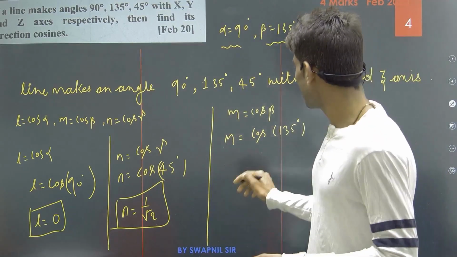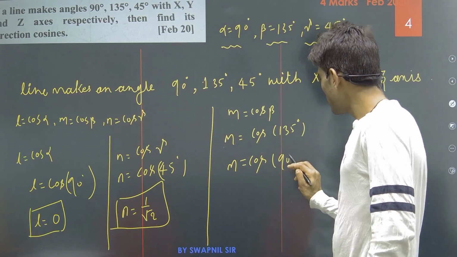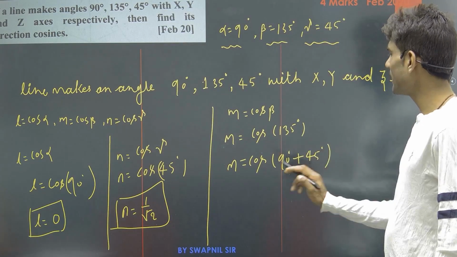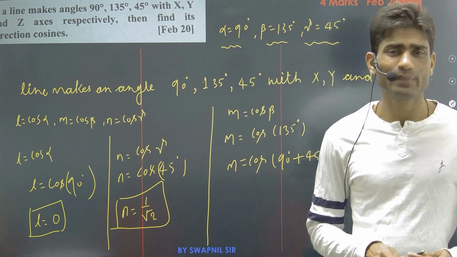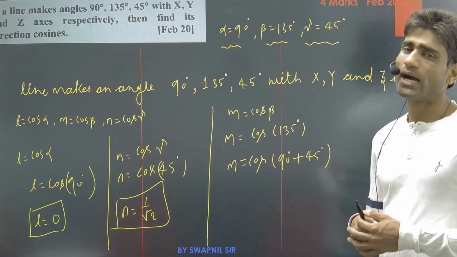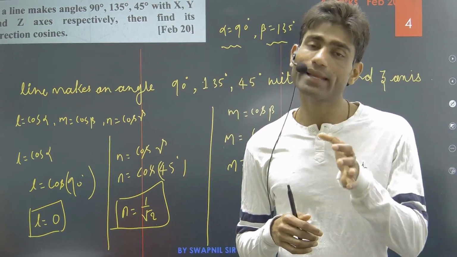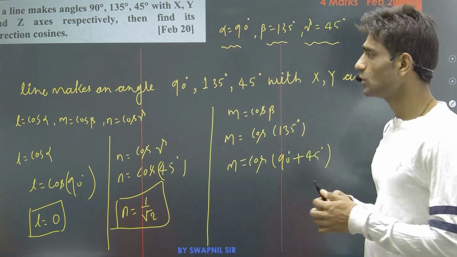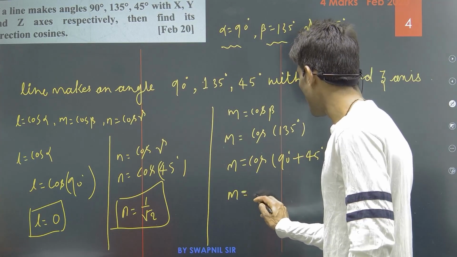So we can write m is equal to cos of 90 degree plus 45 degree. 90 degree plus 45 degree can be written as cos 135 degree. So I have written 135 as 90 plus 45. And we know that cos of pi by 2 plus theta means it goes to the second quadrant, and in the second quadrant only sine and cosec are positive. Obviously cos goes to the negative here, so we write m is equal to negative of cos,